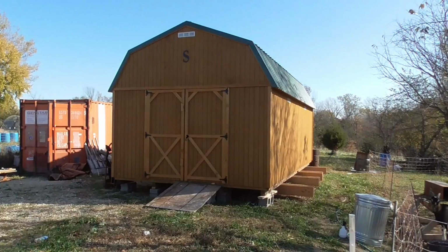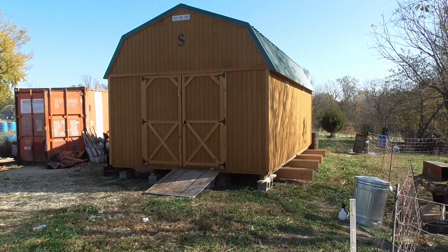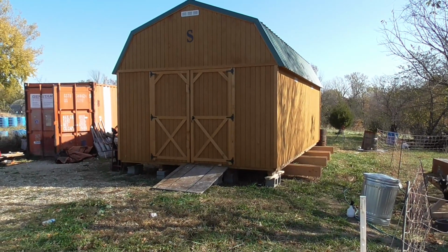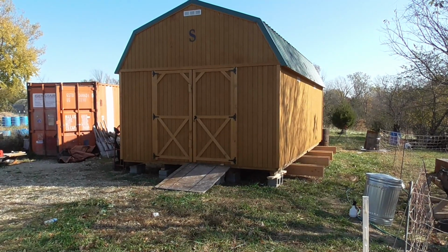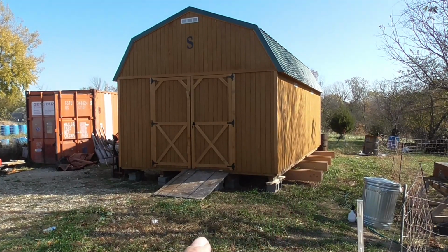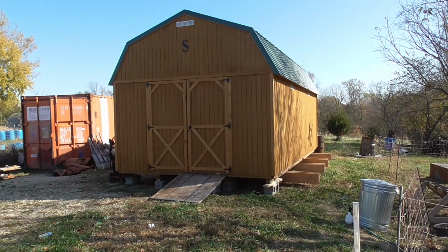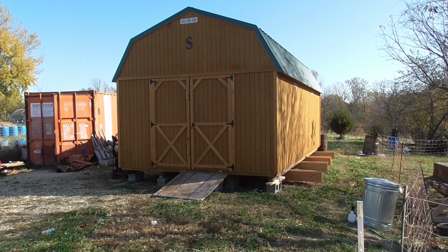Right there, that's a 12 by 24, and we'll go inside in a minute. I want to give you an idea of how they got it in here. They brought it in on a tractor, on a trailer, pulled behind a big pickup. In the back of that pickup was a flatbed with a thing that looked like a walk-behind forklift. And he had two sets of wheels that he's able to slip under these skids here and over here. And then on the other end, he picked it up with that forklift and pulled it,